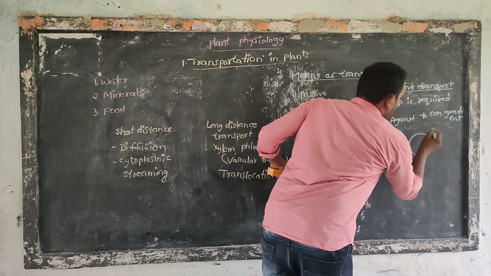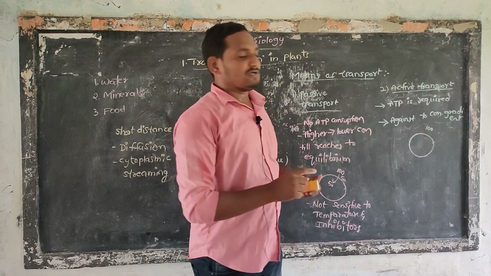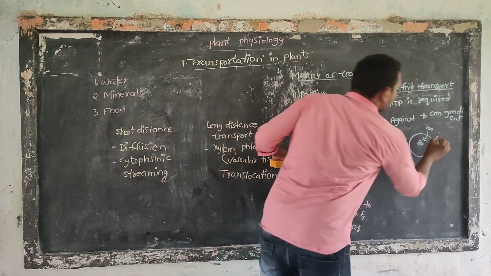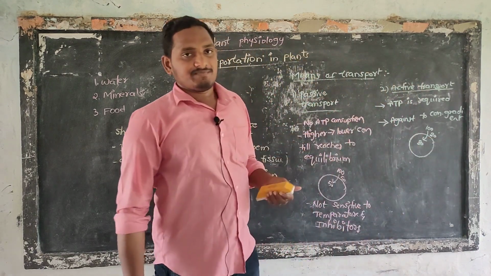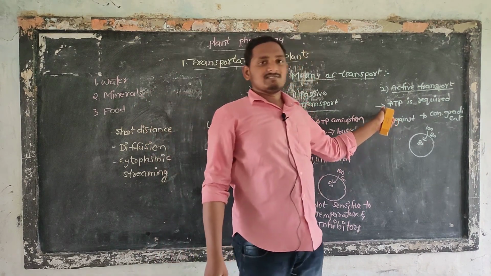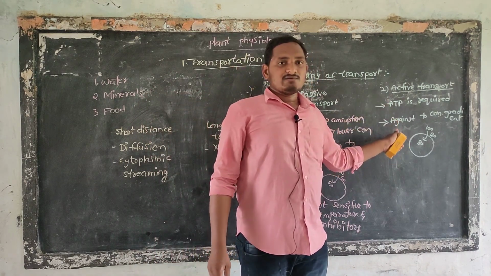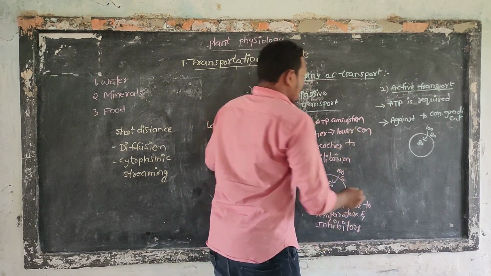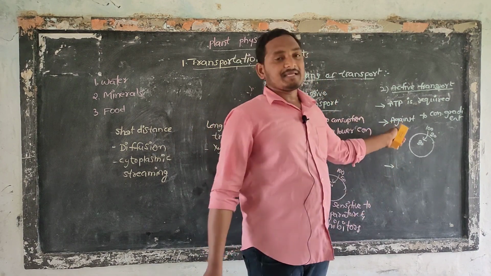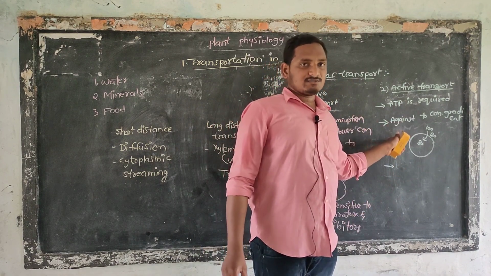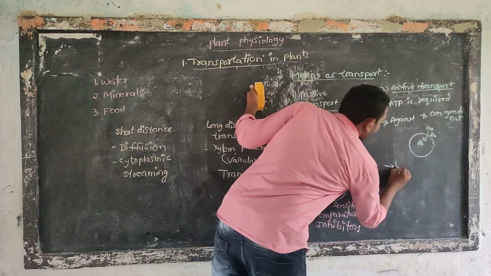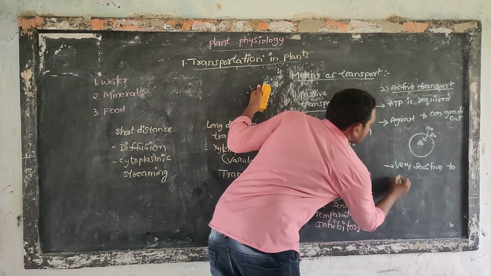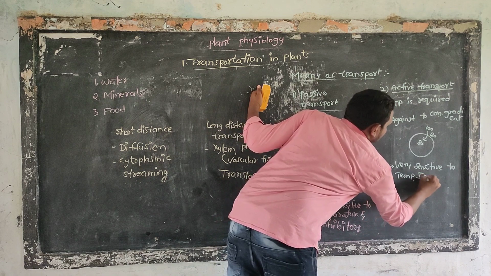In passive transport there is a 50-50 distribution, but here it is different. For example, out of 100 molecules, 80 come in and 20% always remain outside. Here ATP consumption is more, that's why 80% of molecules come into the cell. So it is a reverse of the concentration gradient. Because ATP is required, more molecules enter the cell. Next, it is very sensitive to temperature and inhibitors.